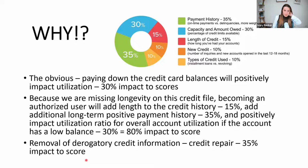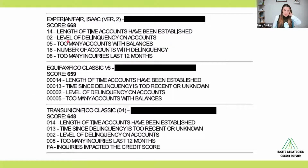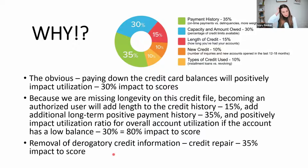So in this case, this was the number one factor influencing the score. It would likely push this person closer to the 700 mark. And then the too many accounts with balances, I think we all know that one. Pay down your credit card balances for what you do have. It's likely that person just had a lot of brand new credit cards with high balances right out the gate, which is going to influence them pretty negatively. So the combination of both adding an authorized user and paying down the balances would definitely put that person over